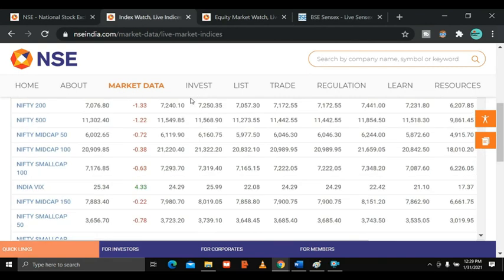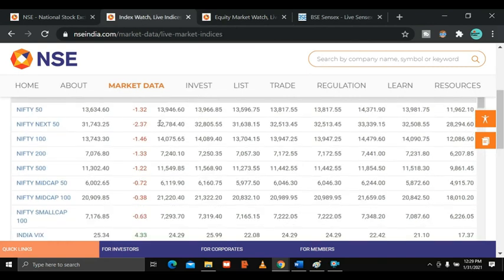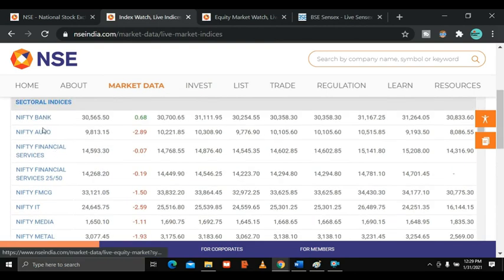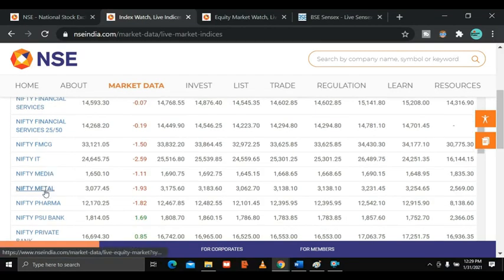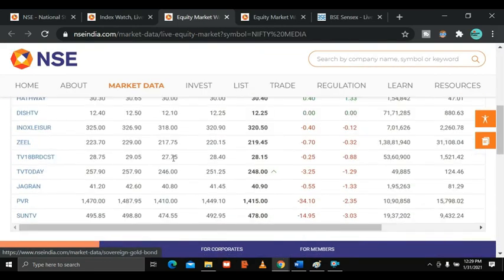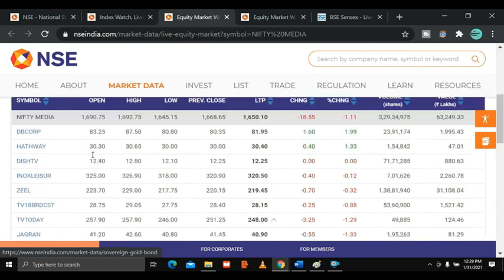One more thing I would like to tell you. In BSE they have IT, pharma and everything, right? Here also we have, look at this, Nifty Bank, Nifty Auto, Nifty Financial, Nifty FMCG, Nifty IT, Nifty Media, Metal. If I open Media, what will come? Media stocks. You know the difference, right? Media means the media sector, the media index. Under that media index, PVR, Sun TV, Zee, Dish TV, all these are coming. So this is called indices. The major indices are the Sensex and Nifty. Sensex and Nifty both are one and the same.